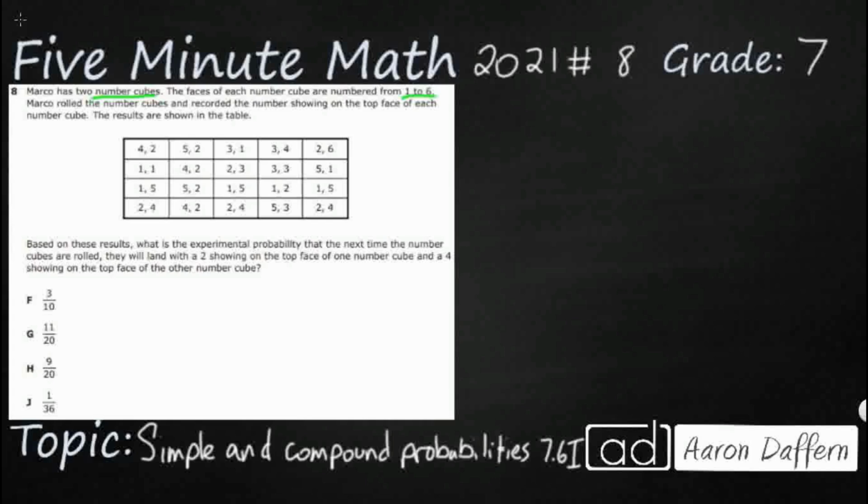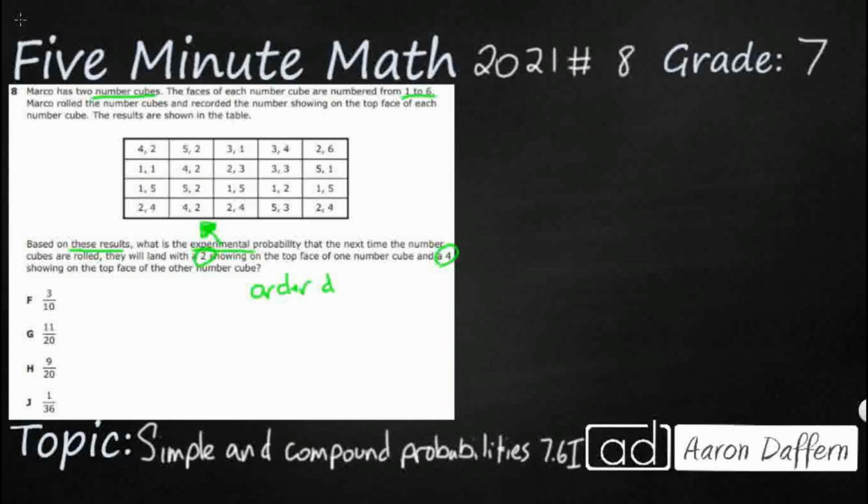So based on these results, notice we've got the experimental probability. That's different than the theoretical probability. We'll look at the theoretical probability in just a moment, but the experimental probability means you have to use these results for the fraction that we're going to make here. What's the probability that the next time they're rolled, he'll end with a 2 on one and a 4 on the other? And here's the thing, the order